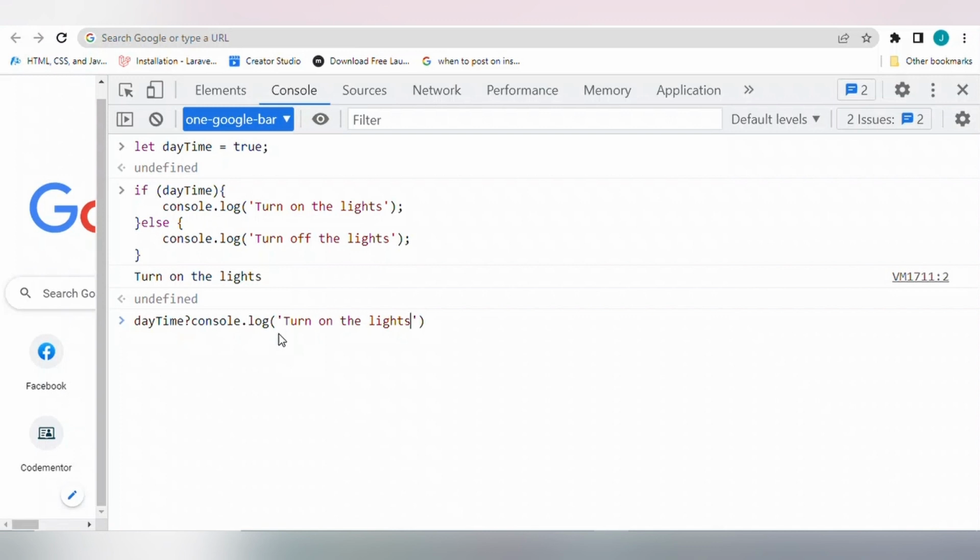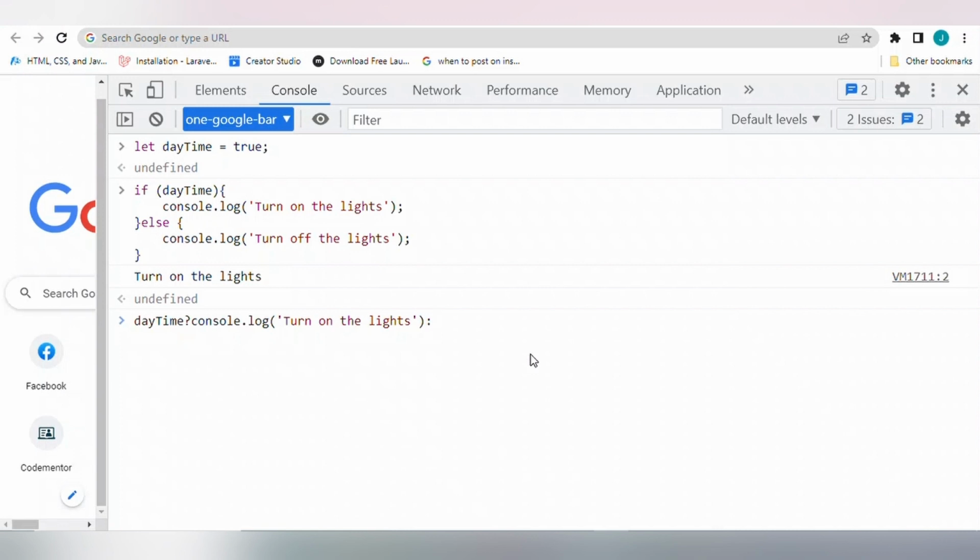You can look at it like this. Instead of writing if daytime console.log, you can just write daytime, then this question mark will represent the if statement. Okay, then we say turn on the light, then we use the colon.